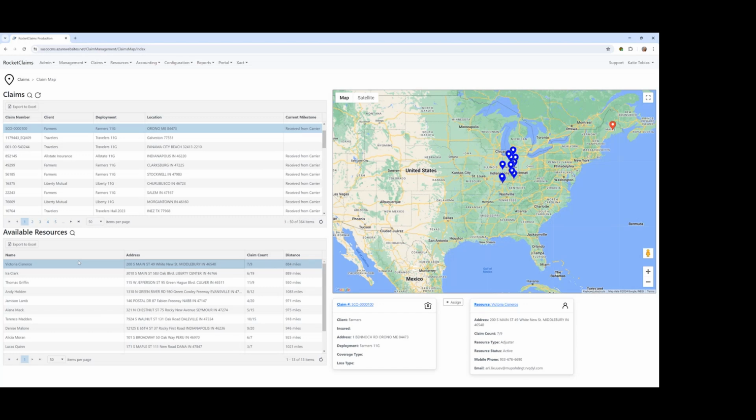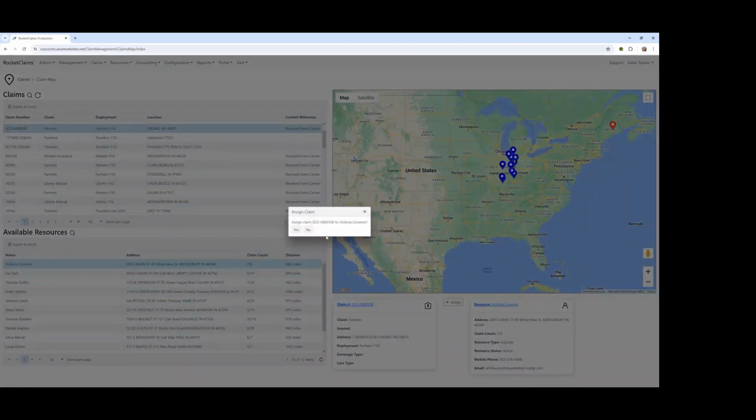Once you've selected a claim, this box pops up. And once you've selected the resource, this box pops up. It'll again provide some basic information down below so that you can feel even more comfortable about what you're looking at. If you select either of these blue links, it'll take you to the page for the claim itself or the resource themselves. But to assign it, you would simply click this button with the assign arrow, and it will ask if you are sure you want to do this. And then once you click yes, it will